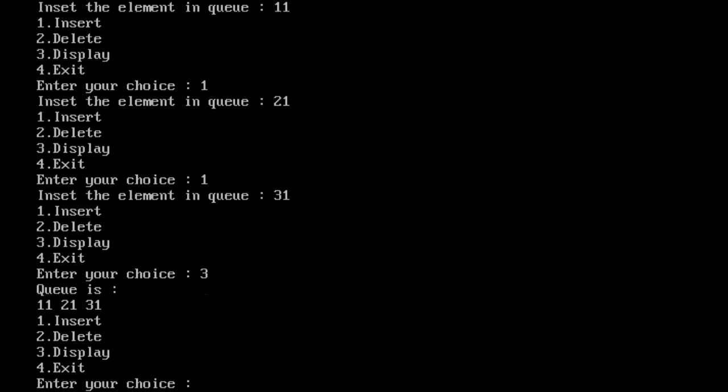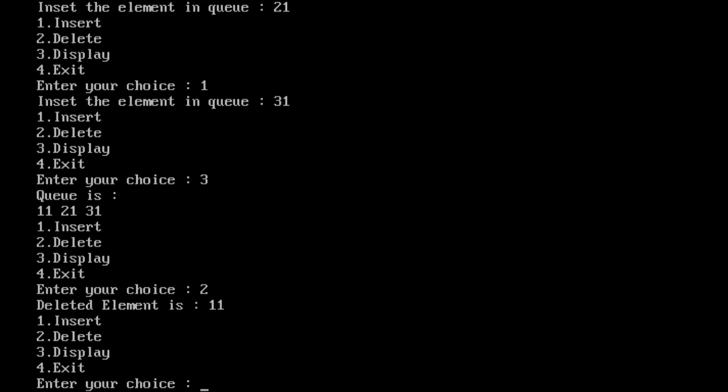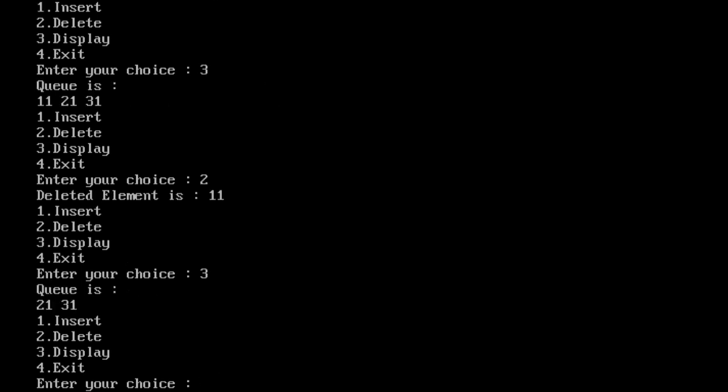And then I want to delete element, it will delete the first element, means it will delete 11. Okay, so for delete enter 2. So 11 is deleted. Then display the queue. So the queue is 21 and 31.